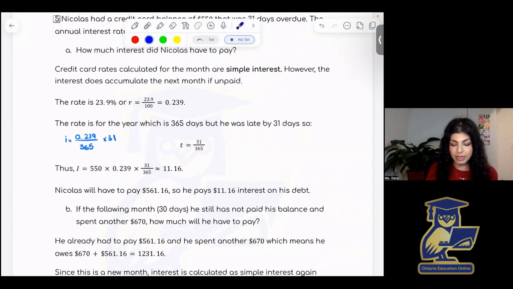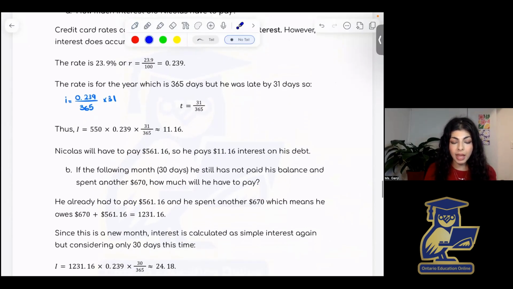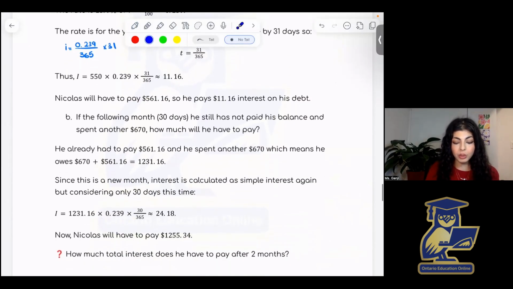And how much interest does he have to pay is this amount. So he does have to pay a total of $561.16 because he still has to pay the amount that he was charged. But of that, $11.16 are interest. Now, if the following month, which is another 30 days, he still has not paid his balance